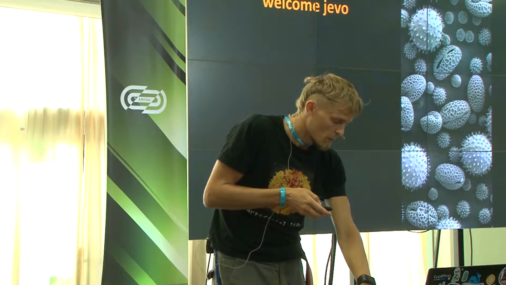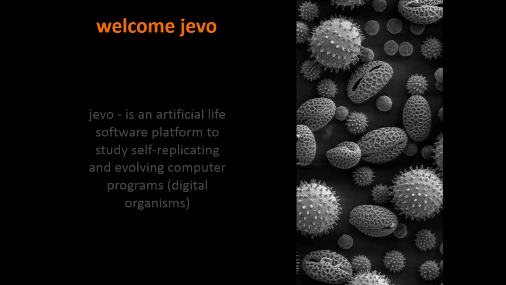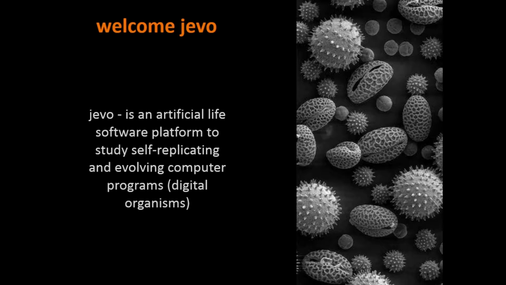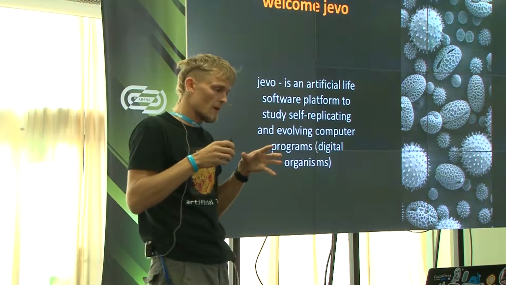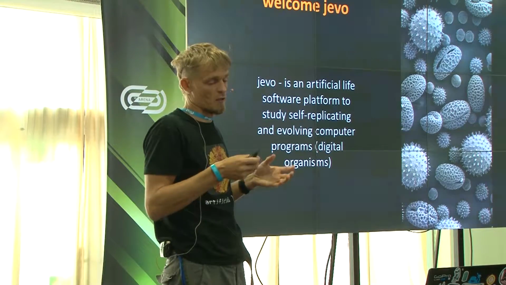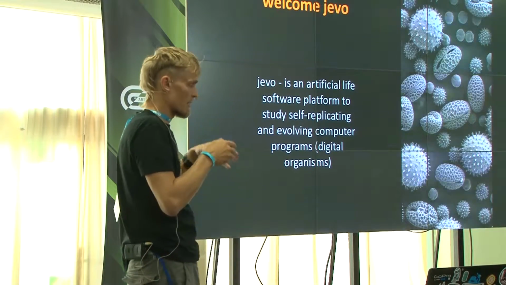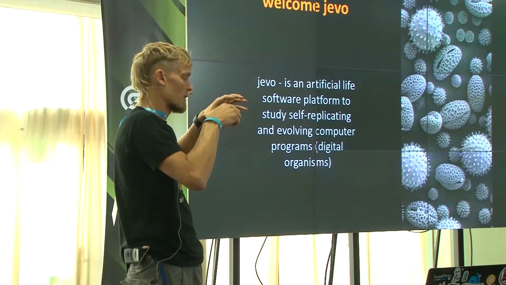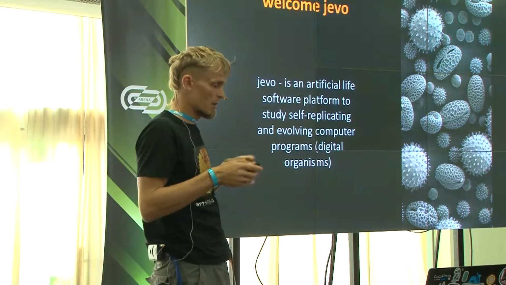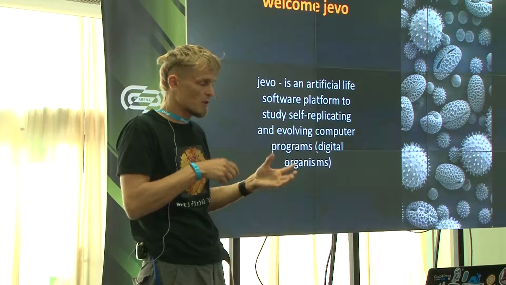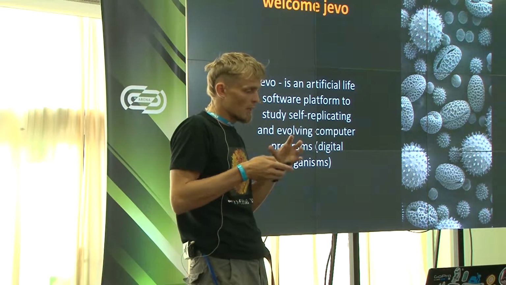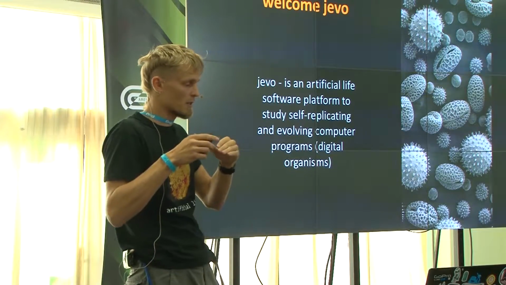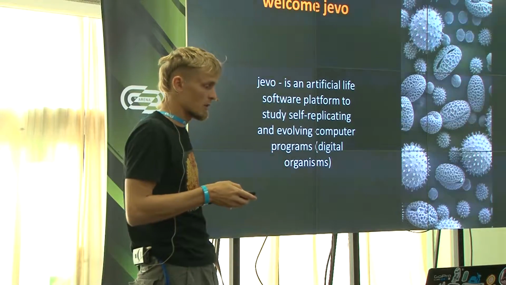A few words about my experience at home. I created an artificial life application. This is artificial life software, and it creates digital organisms. These are like computer programs which live, eat each other, compete, hunt, and so on. And as a result, we may produce different types and different complexity of artificial intelligence.